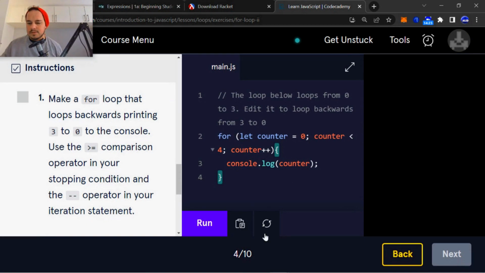Okay, so in order to do that, we'll create a new for loop. We'll say, okay, let i equal 0, and make i greater than or equal to